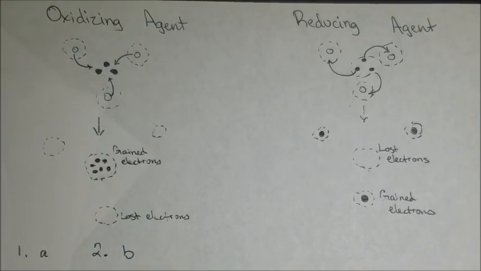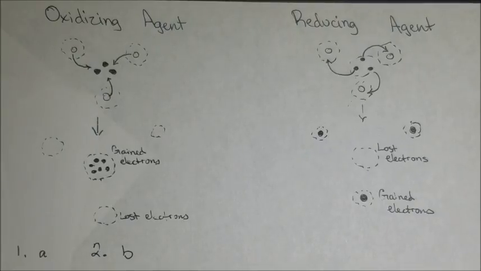So I would just take some time and familiarize myself with what's actually going on here in the terminology. I do want to point out that by saying oxidant or oxidizing agent, we mean the same thing. So it's just like saying reductant and reducing agent means the same thing. Oxidant and oxidizing agent mean the same thing as well. They're synonymous terms. So keep in mind that the oxidizing agent is getting reduced and the reducing agent is getting